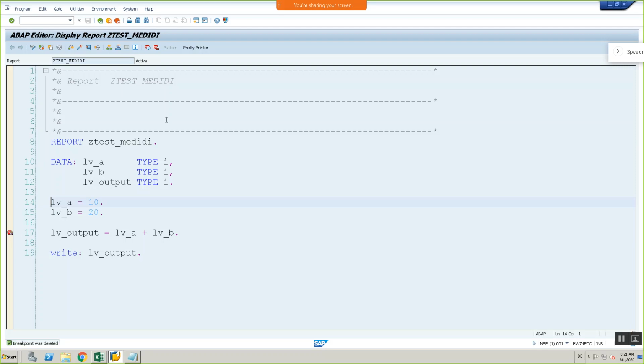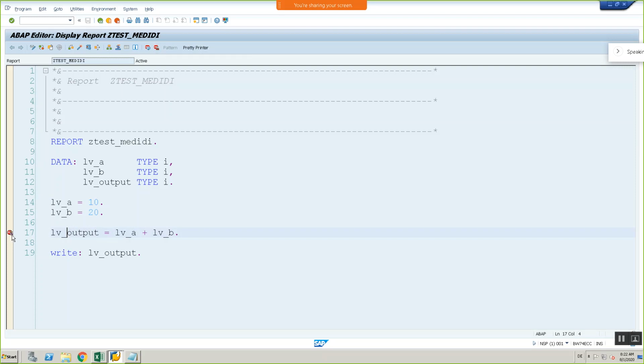But coming to the external breakpoint, how do we put it? Just click on the line where you want it, so your cursor is on that line. Keeping your cursor on the line, click on the external breakpoint symbol.